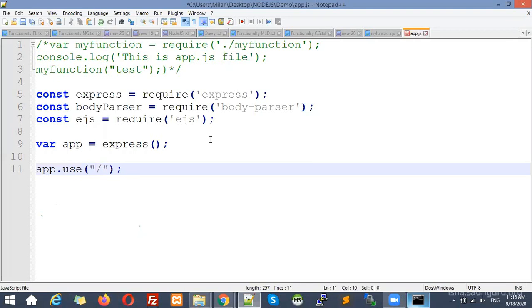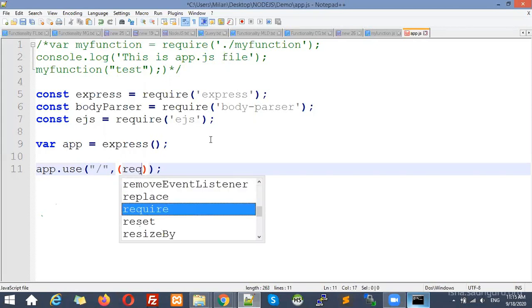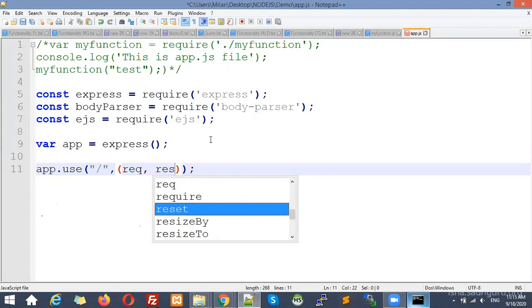So here, if I just type /, that means after localhost, if I just type /, what I want to do, that I have to write over here, right? So now see what I am going to write down over here. This is the thing that I just explained earlier. I am going to write down request, response,